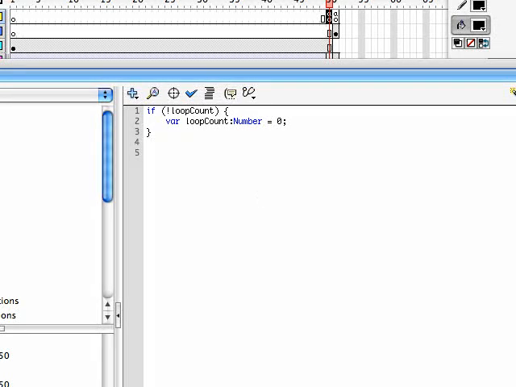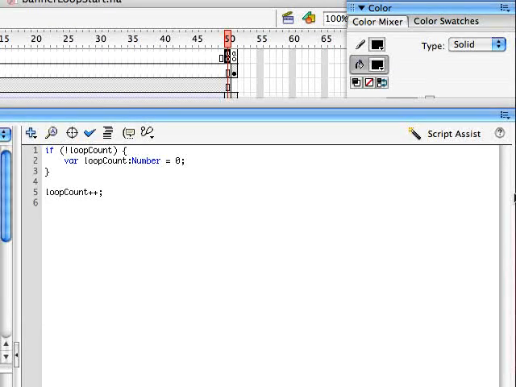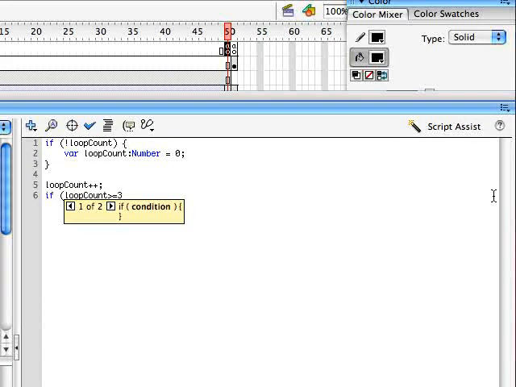So hit enter a couple times. Type loopCount plus plus, which increments the variable loopCount up by 1 every time it passes through this code. Press enter. We're going to write another if statement. If, open parentheses, loopCount is greater than or equal to 3, because we want it to loop 3 times,